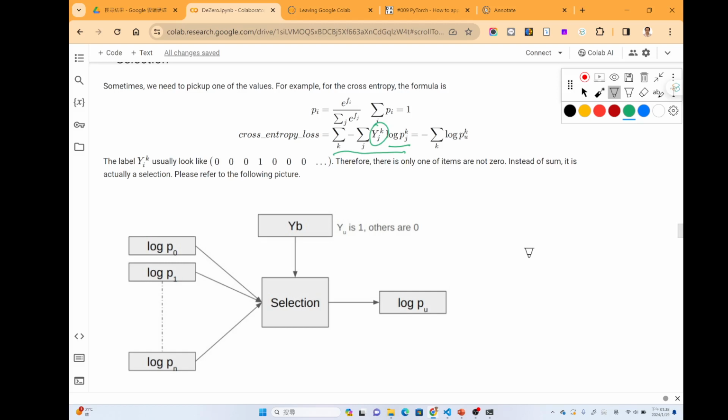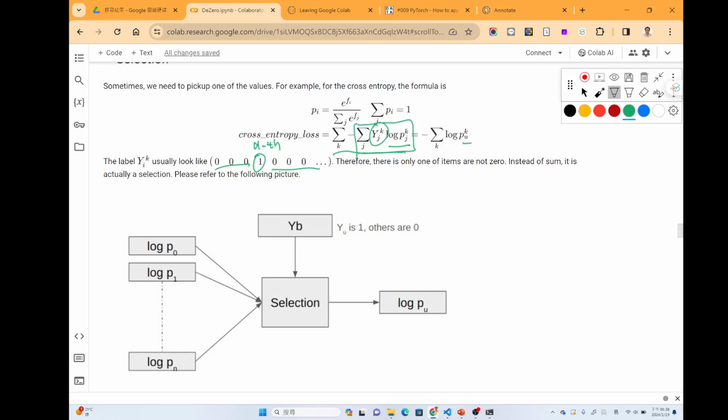Since the label is in 1-hot encoding, it means that there's only one item which is 1, and the others are 0. So for this dimension here, there's only one item whose value is non-zero, which is, for example, u here. So this u-th item is 1, and there's only one item here that will be left in the cross entropy loss.